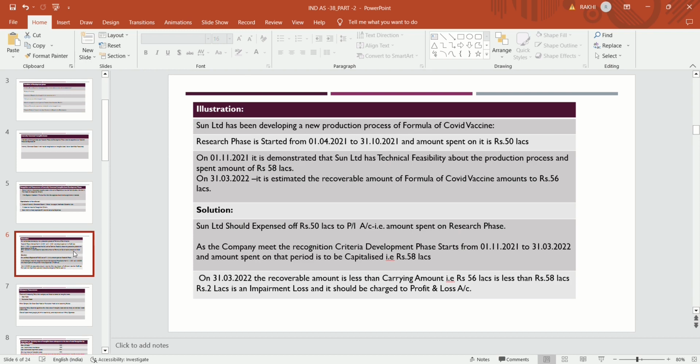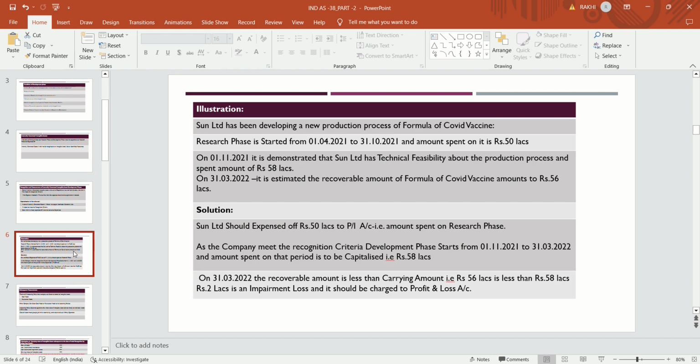They are fulfilling the recognition criteria of the development phase. Not all the criteria are stated in the example, but some criteria have been mentioned, so it is assumed that from this date the development phase is to be started. And on 31st March 2022, it is estimated that the recoverable amount of the formula of the COVID vaccine is rupees 56 lakhs. So Sun Limited should expense rupees 50 lakhs to the P&L account because that expense is related to the research phase,